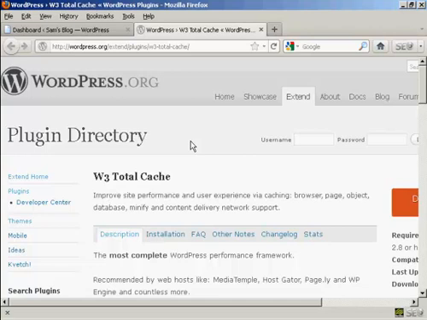A couple of points that you need to bear in mind, because the W3 Total Cache plugin can be a bit tricky to install and to set up. First and foremost, you must make sure that any other caching plugins that you have on your blog have been deactivated and deleted. Otherwise you're going to run into compatibility problems when you try to enable this particular plugin. So you want to make sure that all traces of any other caching plugins have been completely removed